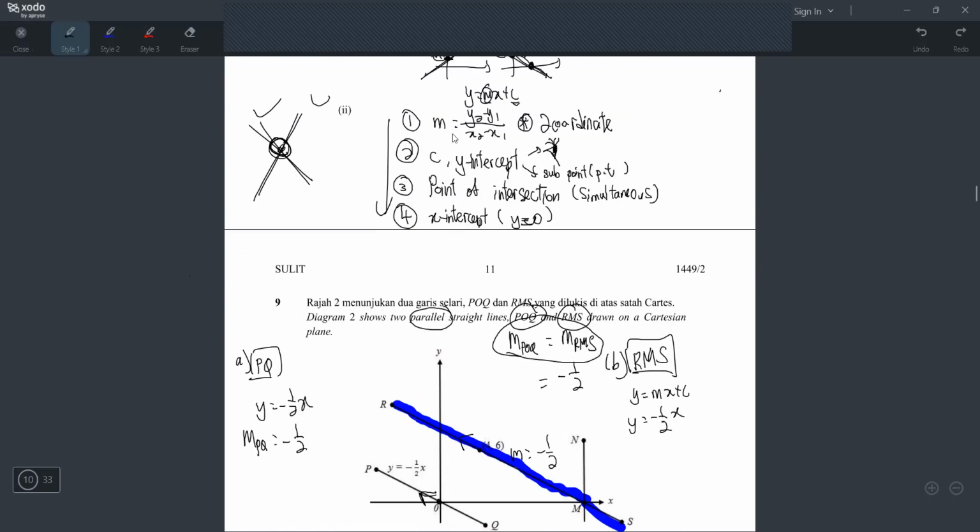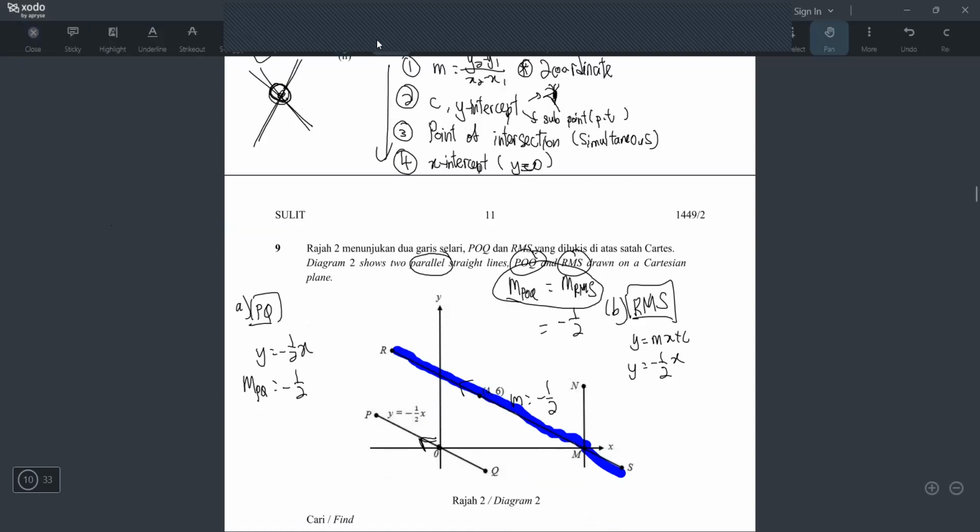And then find your c. Okay, c, saya kata ada berapa cara? Ada 2 cara. Cara yang pertama, guna mata tengok. Cara yang kedua, it means kalau you guna mata tengok tak dapat, baru you guna cara kedua, which is sub point. Sub means ganti masuk point. So kita guna cara pertama, guna mata tengok.